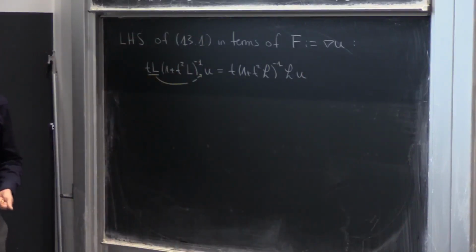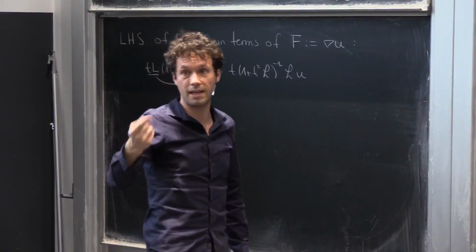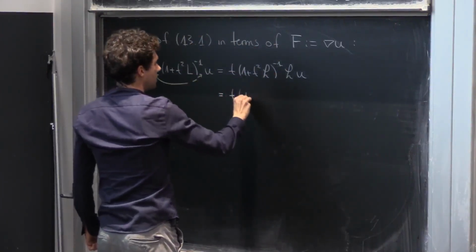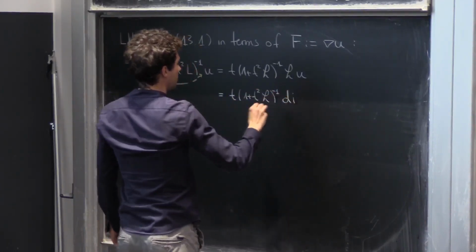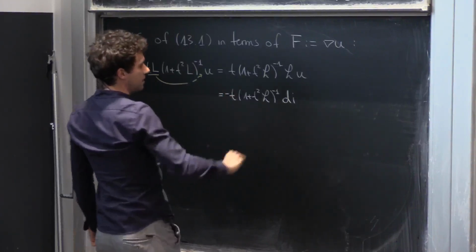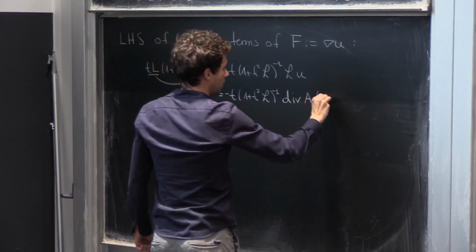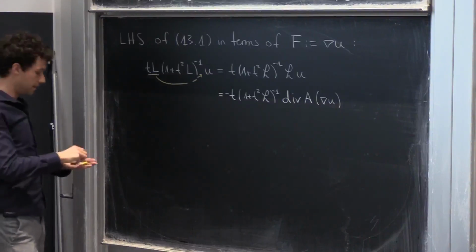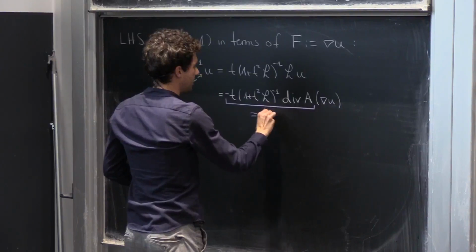And then curly L, you've seen in lecture 11. Curly L is a compound operator using 3 components: very weak divergence, multiplication by A, weak gradient. Okay, so I'm going to write it exactly like this. I'm going to write it as t times (1 plus t squared L) to the minus 1, divergence, and I'm going to put a minus sign here because it's minus divergence, A acting on gradient of u. Right? It's the same thing. And then this guy here, I'm going to call capital Theta t.